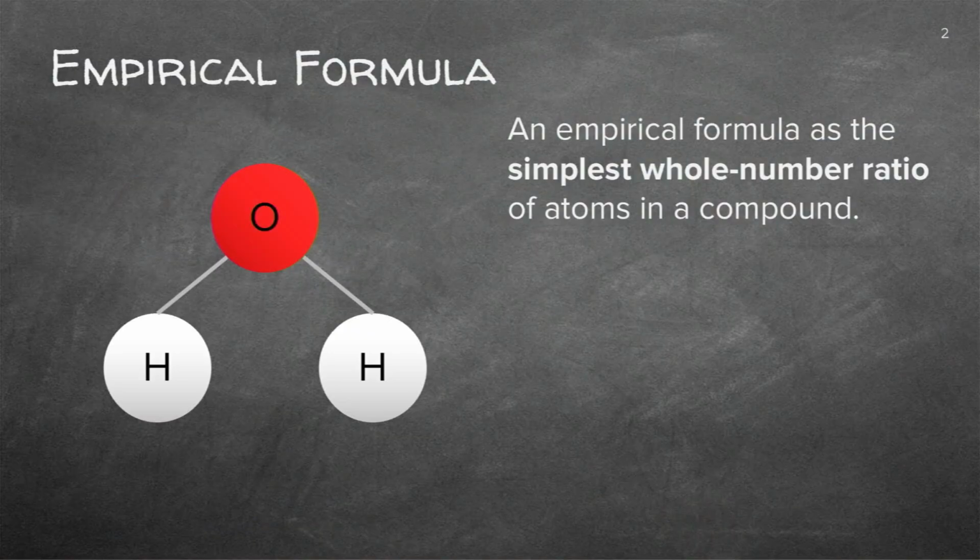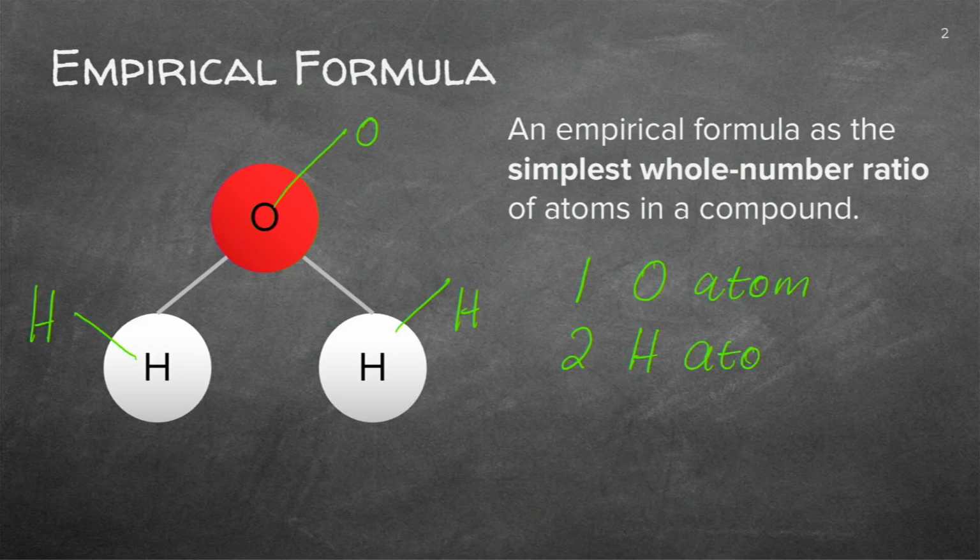The first molecule I'm giving you is the oxygen and the two hydrogens. So you've got a molecule, and the molecule is comprised of one oxygen atom and two hydrogen atoms. If I ask you how many atoms are in water, because that is water, I would say in each of these I'll have two hydrogen and one oxygen. So what is the empirical formula? It's the simplest whole number.